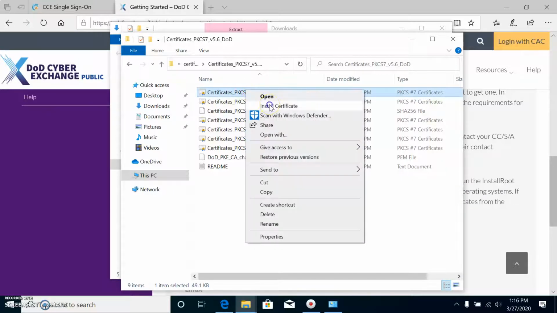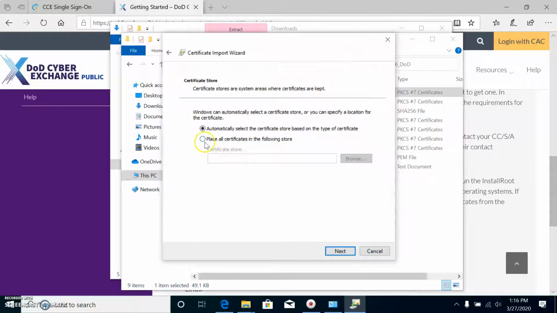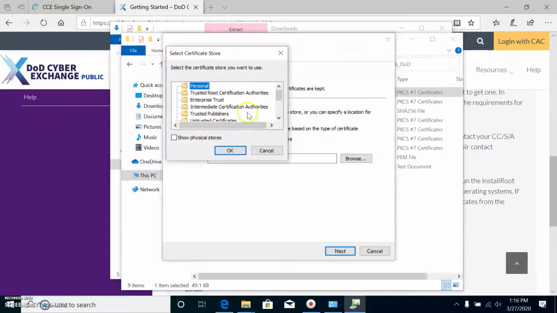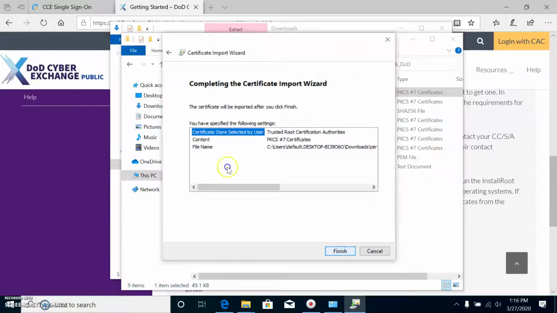You're going to right click it and click install, and then next, and then you're going to change this option to place all certificates in the following store, and you're going to go browse, and then select Trusted Root Certification Authorities, and then OK, and then next, finish,